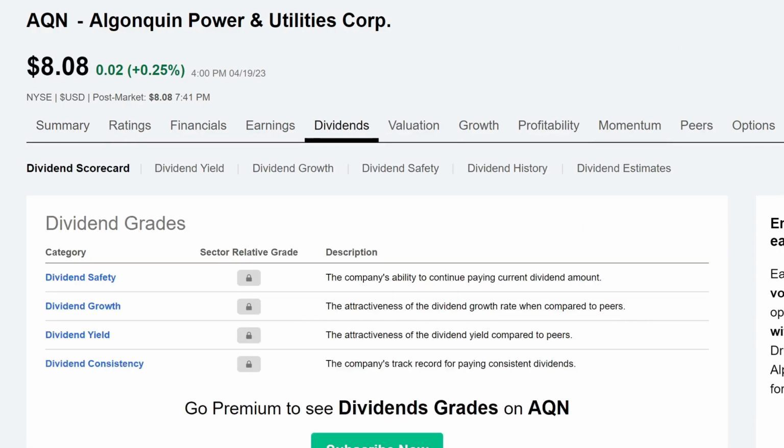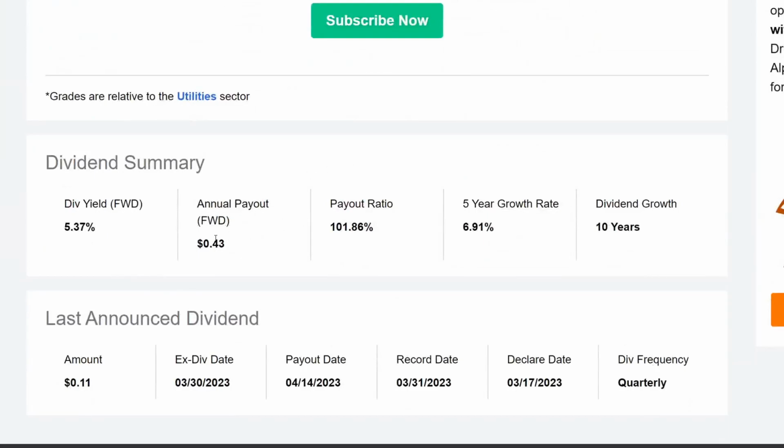If I go here, guys, I'll show you the dividend scorecard, we can scroll to the very bottom. Again, they are in the utility sector. Dividend summary, dividend yield is 5.37%. Very, very high dividend yield here. Typically, I like my dividend yields between 1 to 3%. Those are the really good ones, especially with a double-digit 5-year CAGR. Annual payout is 43 cents annually, so they pay you out about 43 cents, and then payout ratio is